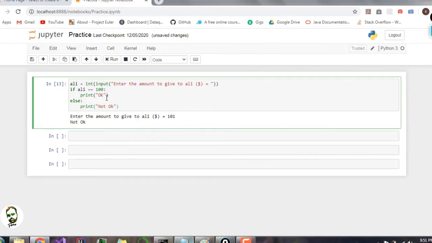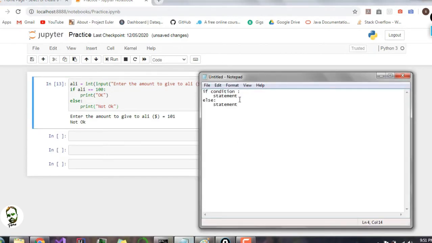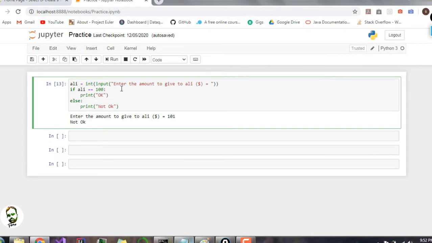Now after this, you obviously need to check whether the amount is greater than 0 or not, because as you know, there is no such thing as negative $99, because there is only as low as $0 in your bank account. So I will need to add another condition here. How will I add another condition here? For this, we will use our logical operators, which we discussed in the previous videos.